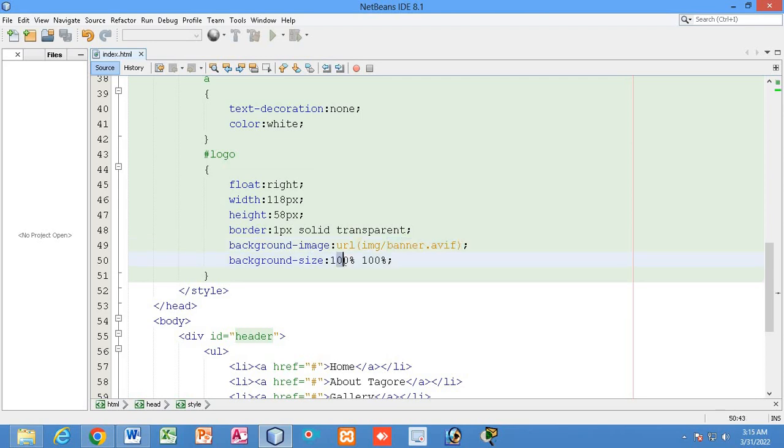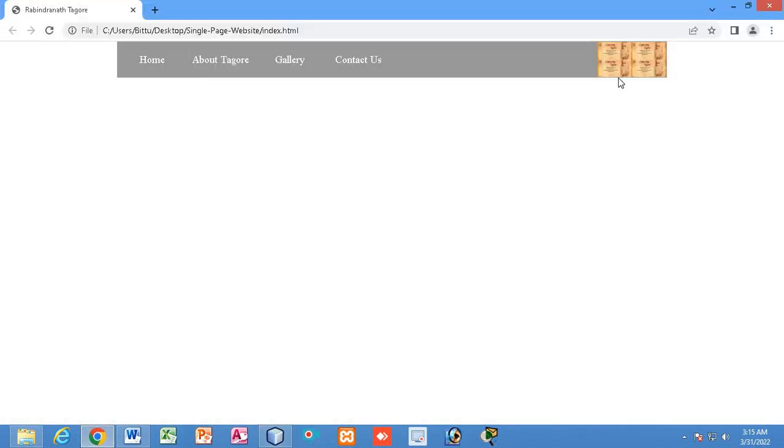So let me write 50 over here. If I write 50 and 50, that means 50% height and 50% width. So let us see. Can you see? One picture has taken the size of 50% height and 50% width.